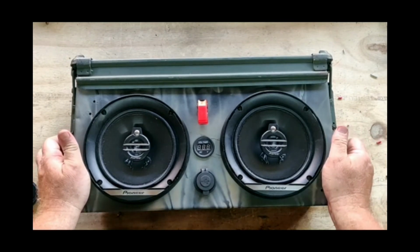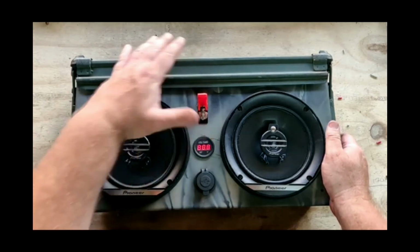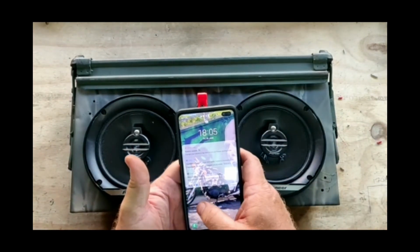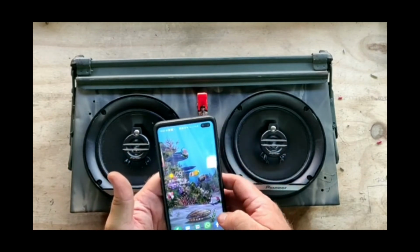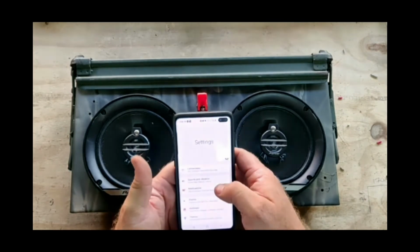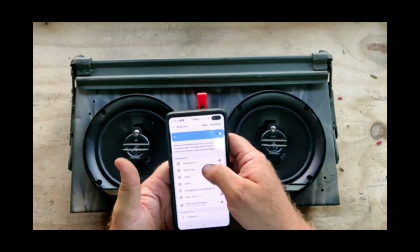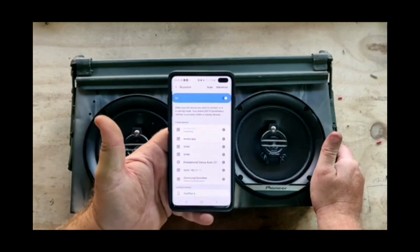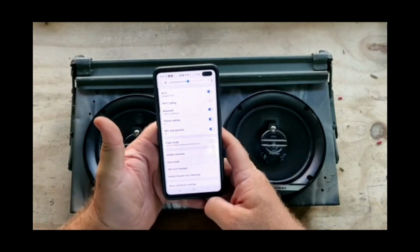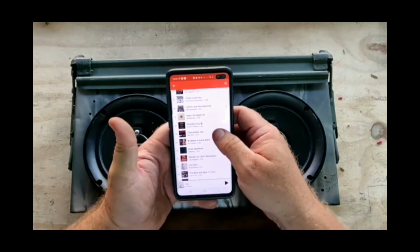Okay, so this is the thing finally working. I've laid it down so you can see what's going on. So I'm going to switch it on. That's the phone working. Going to go into settings, Bluetooth, and I've already named it Ammo Box 2, so connecting to Ammo Box 2. See the volume come up, so I can adjust the volume. Then if I go back into my music and